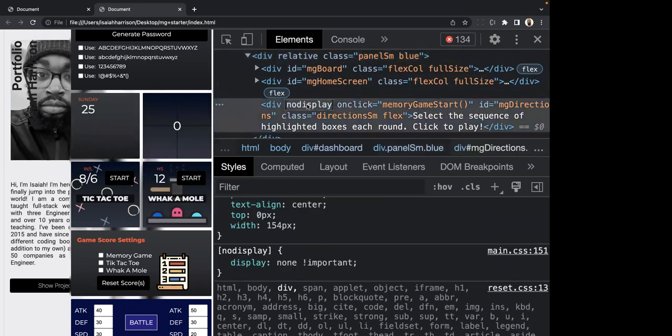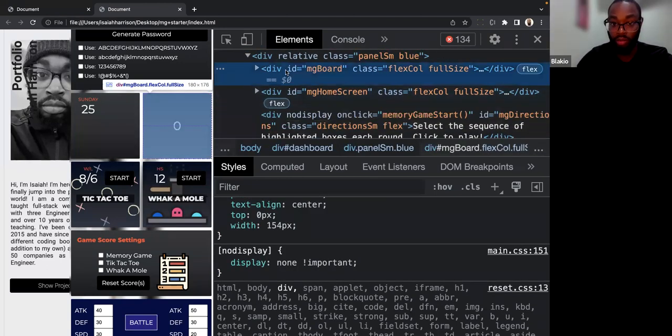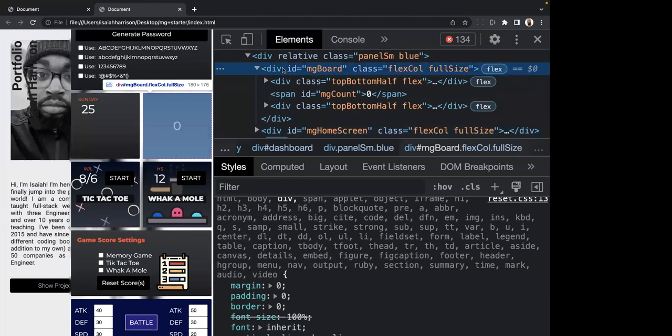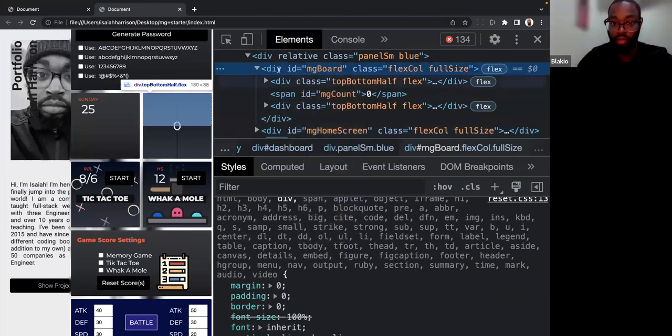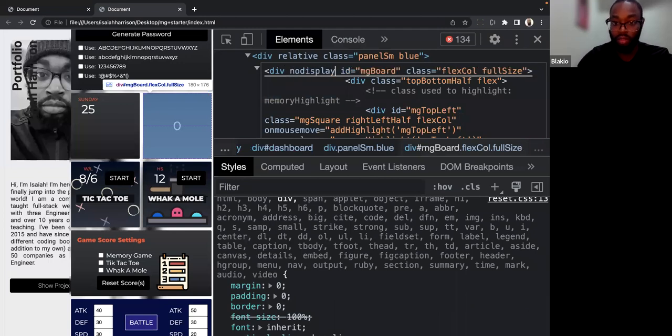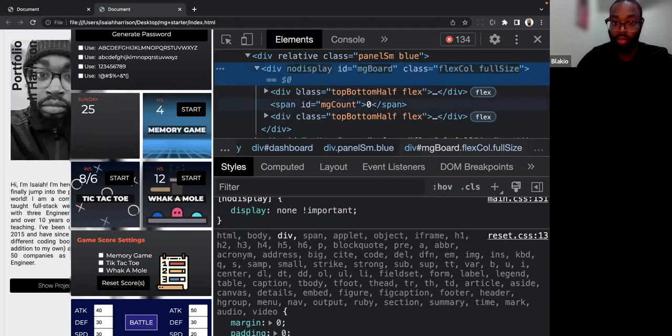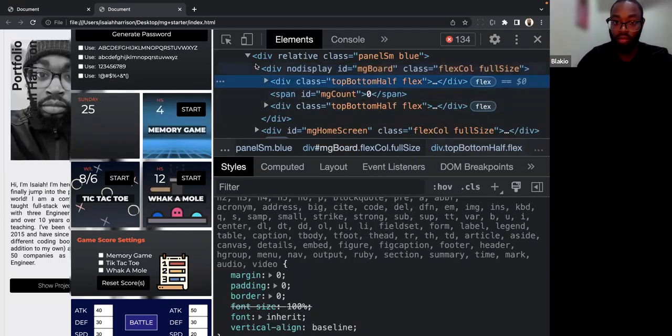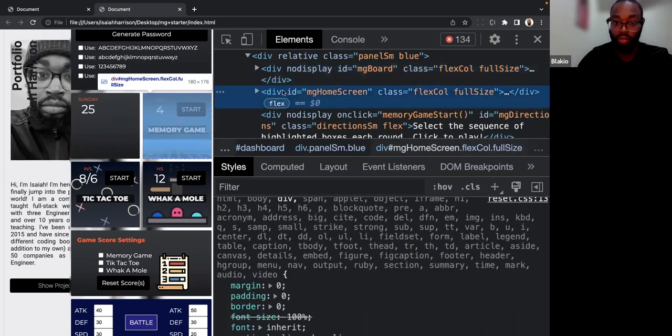So let me actually put this no display attribute back on here, and I'm going to put it on this home screen here as well.